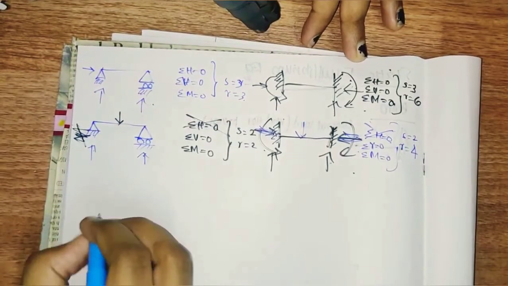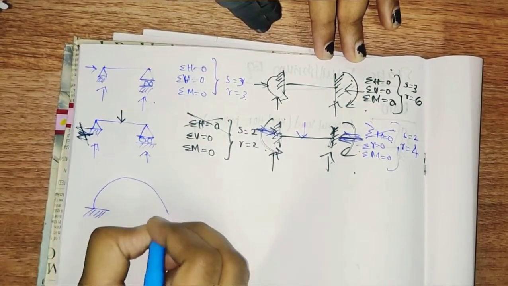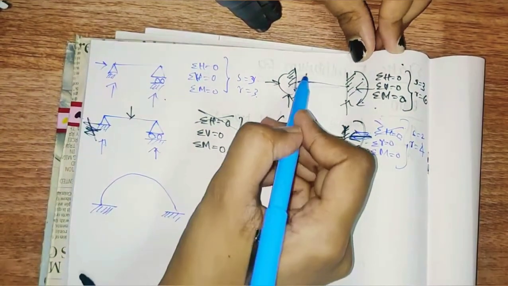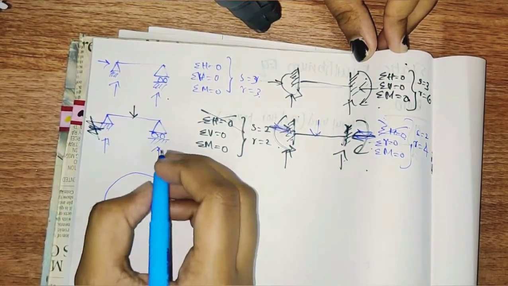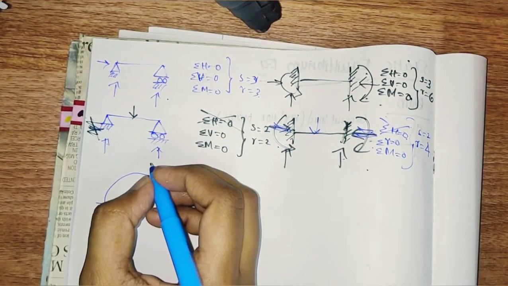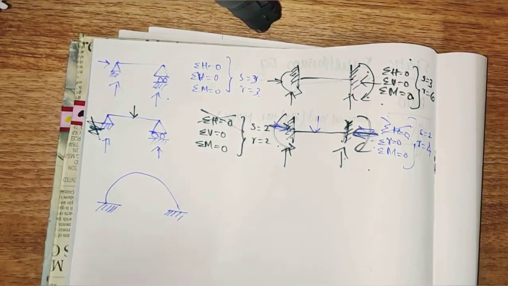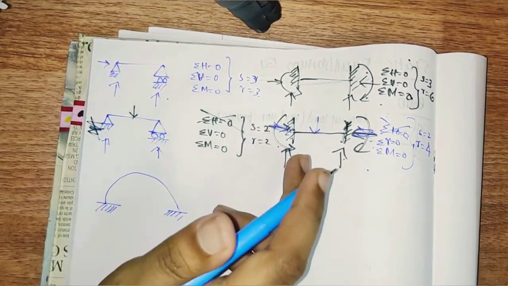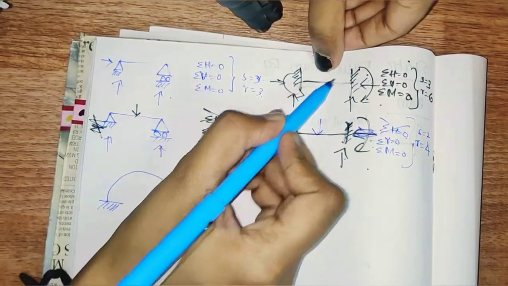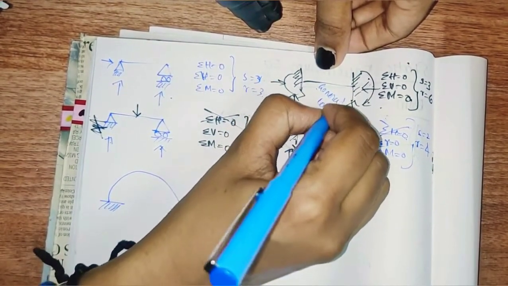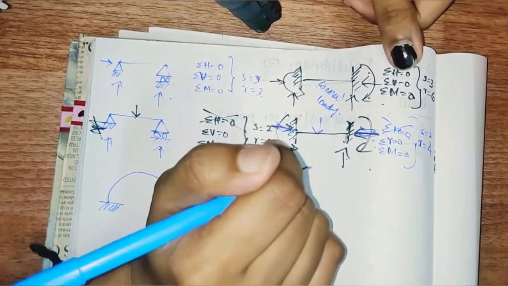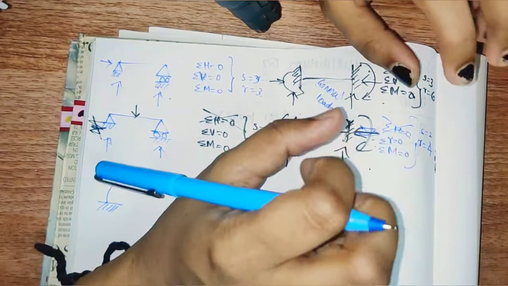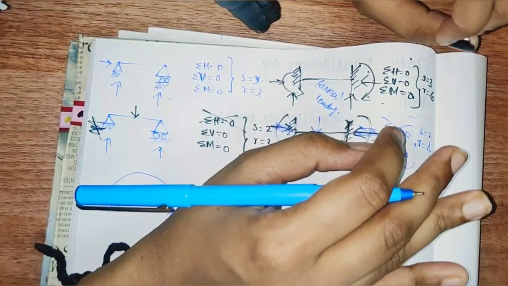Next, we can see if it's fixed like this. Here it's fixed, a plain flat member we can say. Here this is a flat member, but here it is a curved member. In the flat member, if it is subjected to general loading, it will have a horizontal and a vertical reaction. Then we want to consider the horizontal reaction and the horizontal equilibrium equation. These are all general loading. But if they have mentioned pure vertical load, then this should be neglected. If this is pure vertical load, then you should not consider this horizontal reaction.